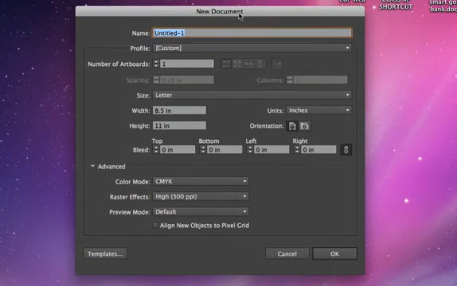So here we have the new document window, and we're just going to name it points. And under artboards, it's just like if you're an artist and you had 6 canvases, that would be 6 artboards. But you could have them all spread out in front of you and paint on them at the same time. So in this case, we're actually going to do 6